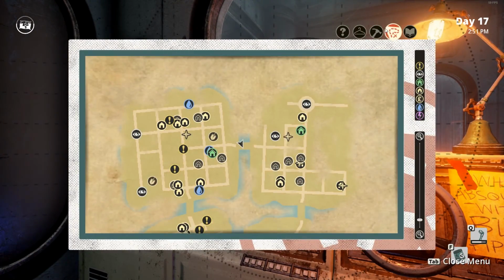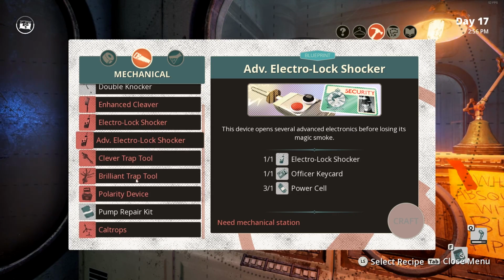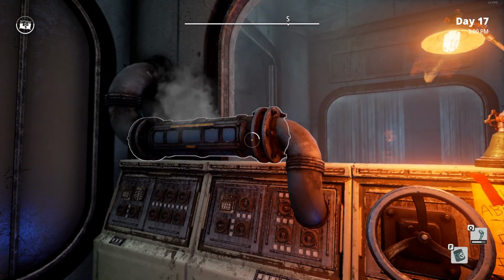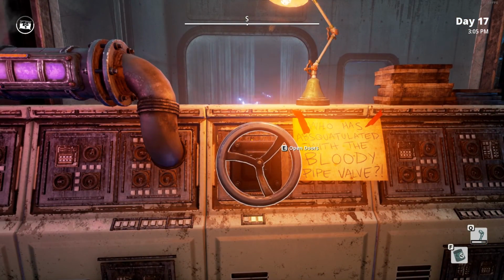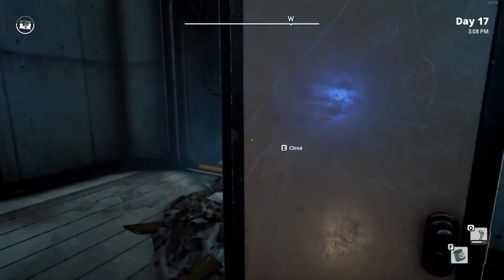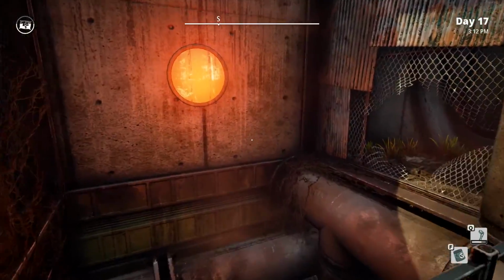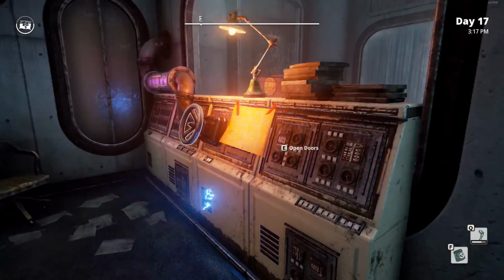Okay, we can repair this. Can I create the pump repair kit? Yeah, I can. Perfect. So we can actually create that and repair this thing. And before, if you couldn't open the doors, this door is still closed. So if we open doors now, I should be able to go through. Wait, which door did it open now? It's...